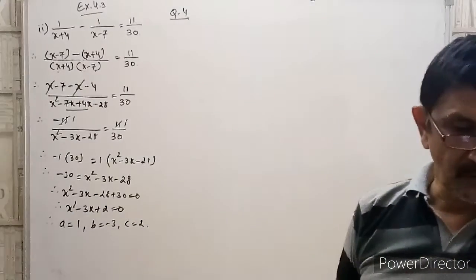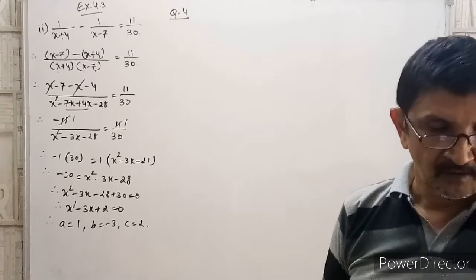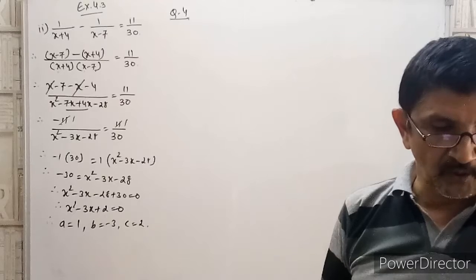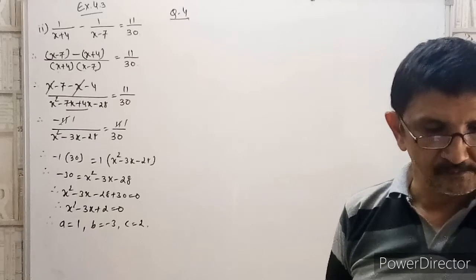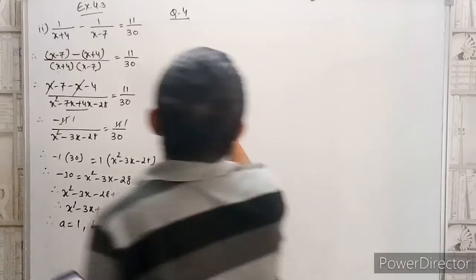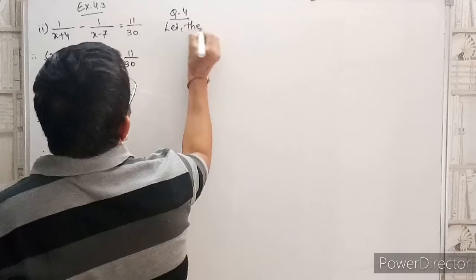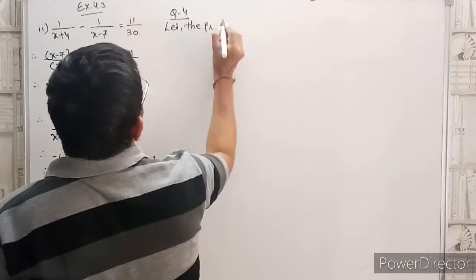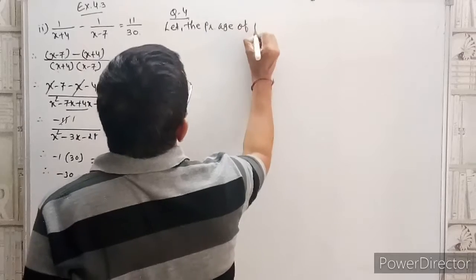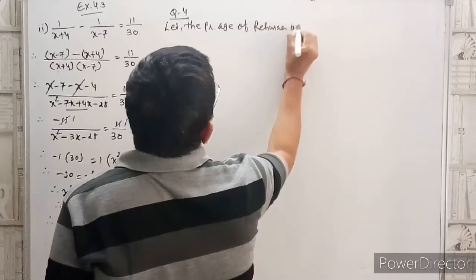The sum of the reciprocal of Rahman's age 3 years ago and 5 years from now is 1 upon 3. Find his present age. So here let the present age of Rahman be